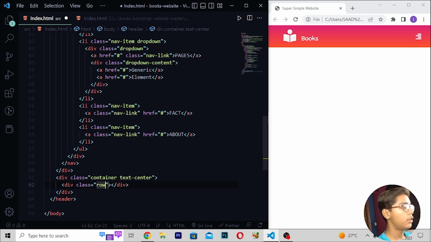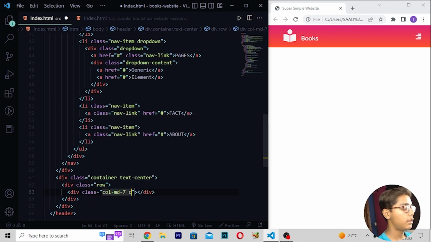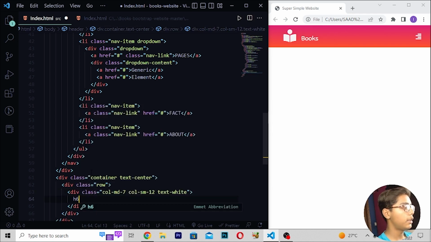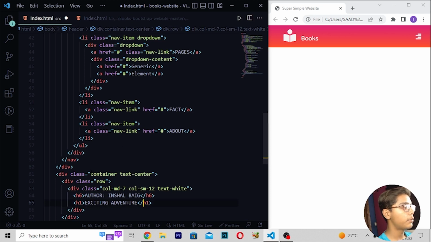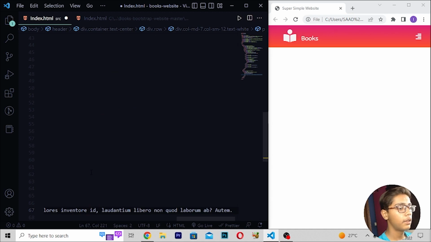then right here row. Now when you've written this, I will be now writing here div class, then I will be writing here col md 7, then right here col sm 7, or you can say 12, right here text white, then when you've written this, I will be writing h6, then right here author, and here I will be now just writing my name. You can just write any other name also, right here h1, then I will be writing here exciting adventure like this,